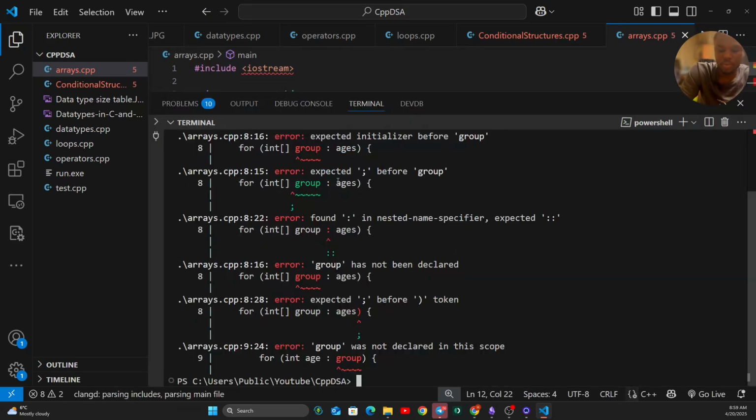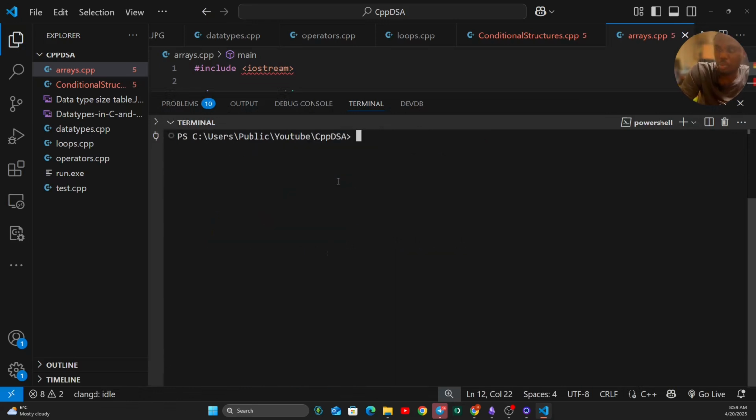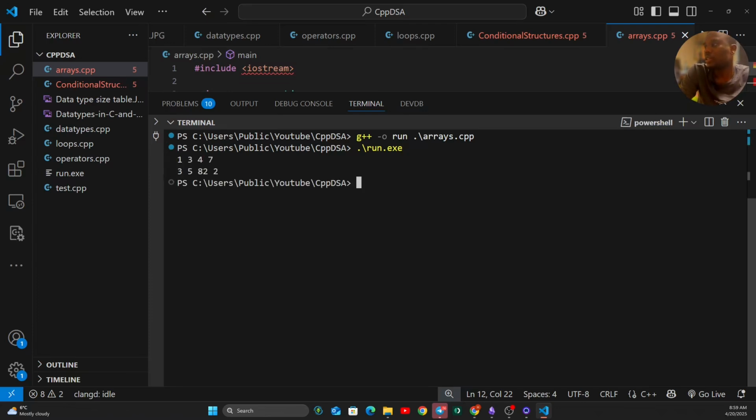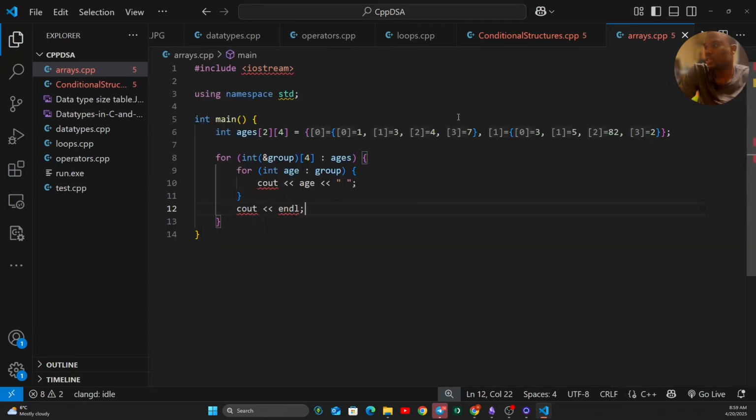So if you compile this, just, yeah, it's compiled. And we're running, yeah, and we can see 1 3 4 7. So yeah, 1 3 4 7, 3 5 82 2. So I print out this row, then it gives us a new line, and then print out the next row. So that's how you print a 2D array